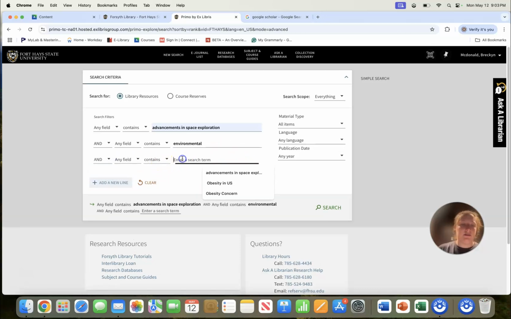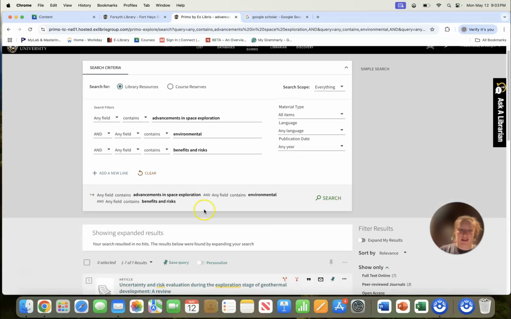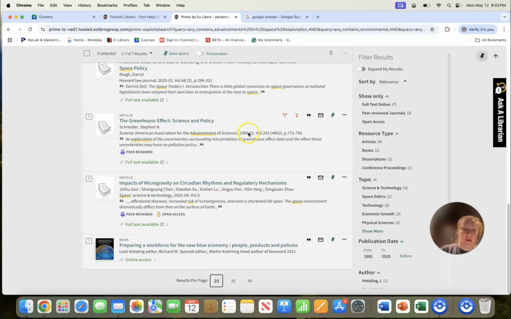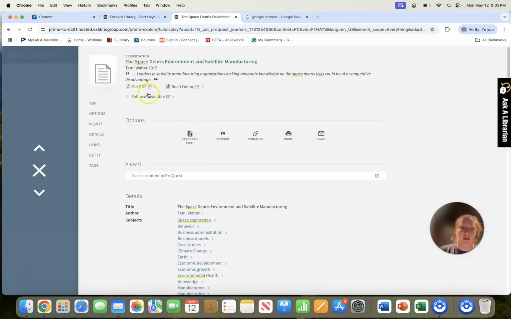And then I added a new line as well, and this time I did benefits and risks. All right, so as you can see, this one gave me less results because I'm being more specific in what I'm wanting. Okay, and then this one is the space debris environment and satellite manufacturing.